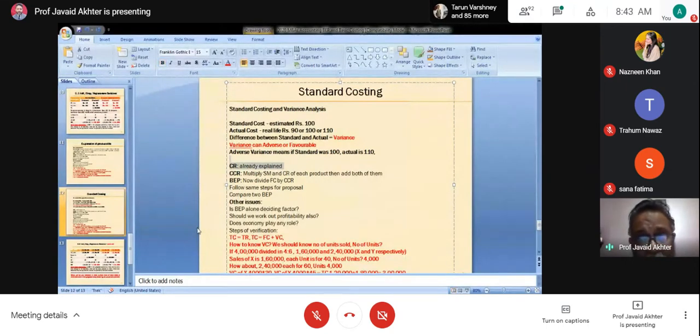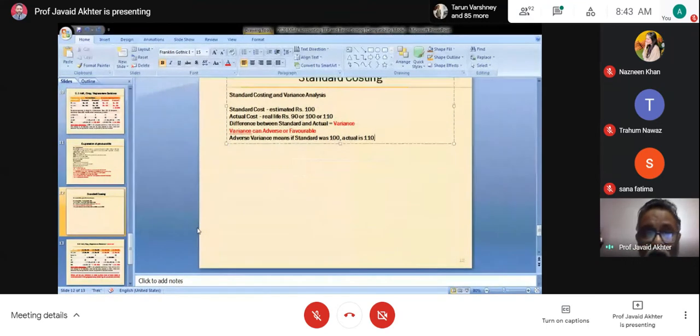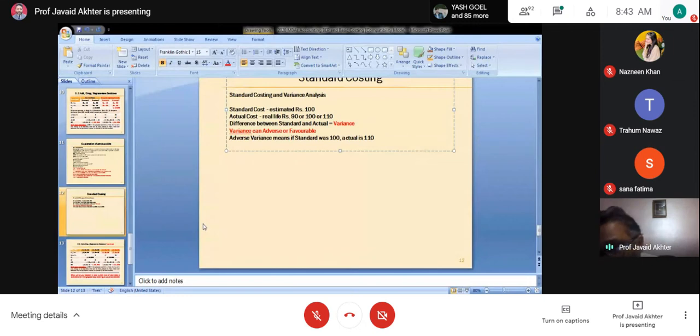Now, you have taken this from the total cost. Your total cost was favorable, or your total cost was unfavorable or adverse. At times we have it for the total cost, but we split it and go into further in-depth analysis. This 100 or 110 or 90 is your total cost.